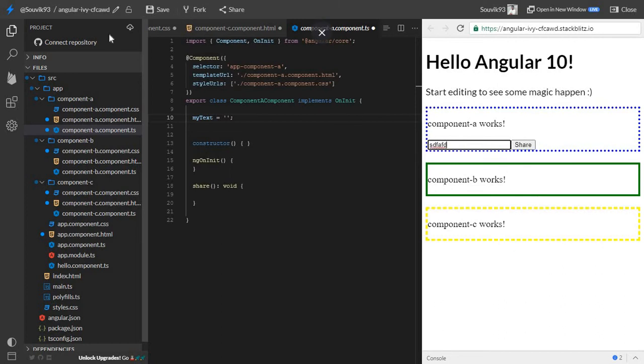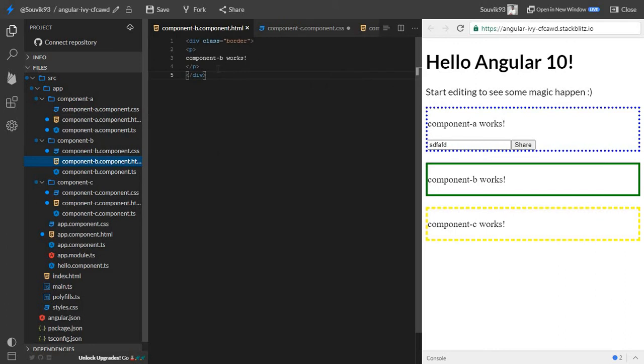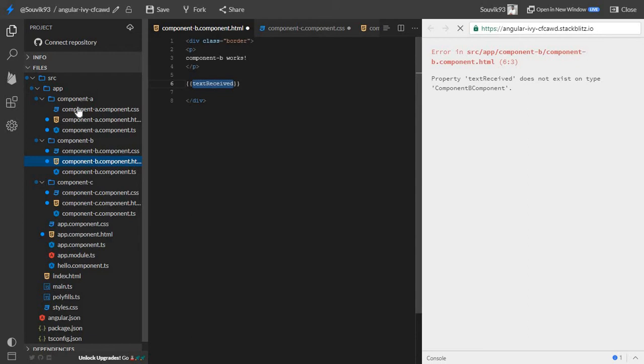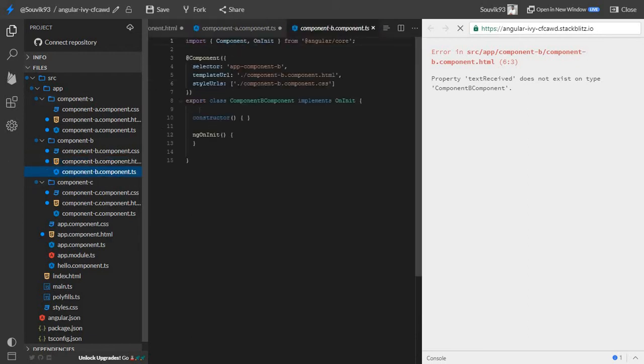To do that, let's take two variables in component B and component C. Let me open the component B HTML and write textReceive, something like this. This will be a variable name. Let me define that in component B also. It should again be a string, and initially it will be blank.